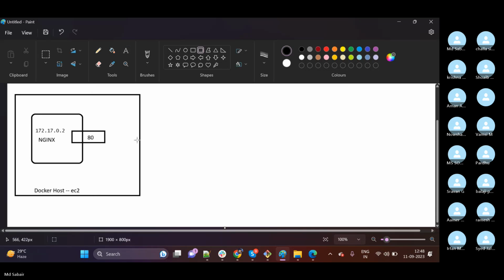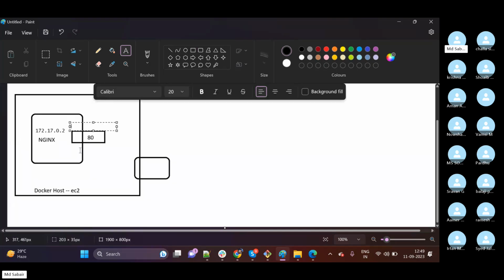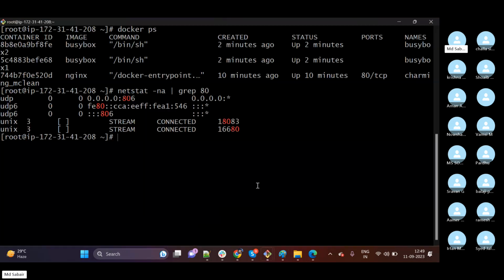So now this is my host port, and this will be considered as a container port. Understood? So here this container is not exposed to any of the host ports. That's the reason we are unable to see anything, because I have just executed this, but I haven't exposed it. For example,